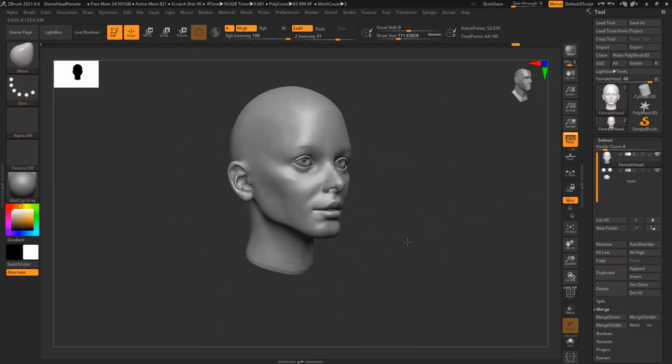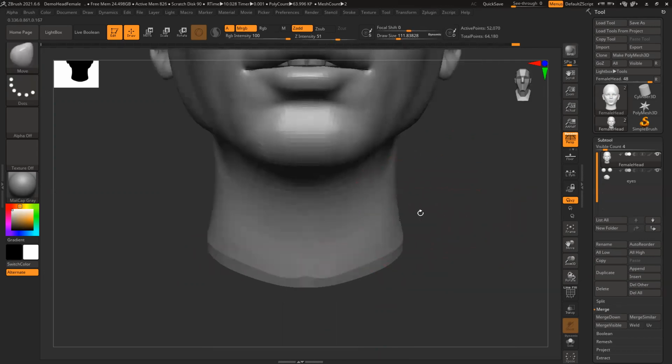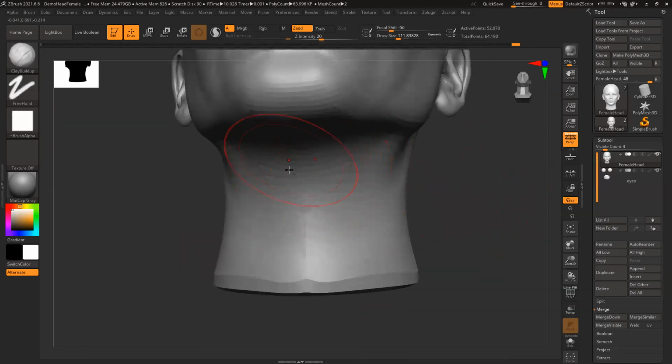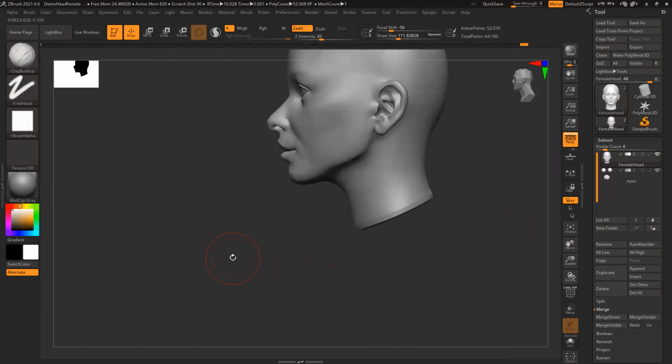Like this, we can slowly structure the thing. So based on your model, whatever you can see, based on that, we can fix those things. BCB clay buildup. So this part usually goes inside. So first create this thing, narrow it down, and then add all the bones and muscles.